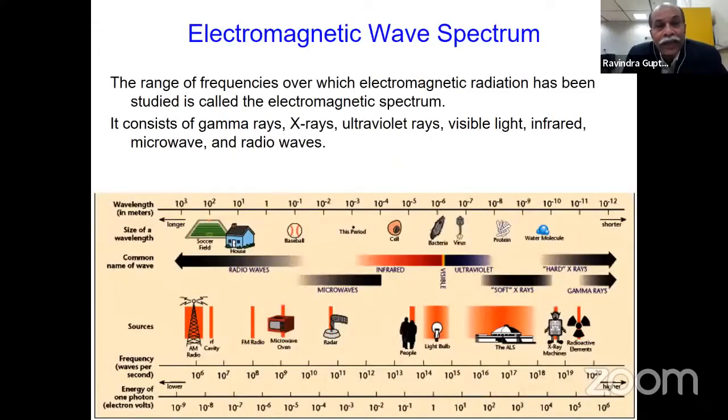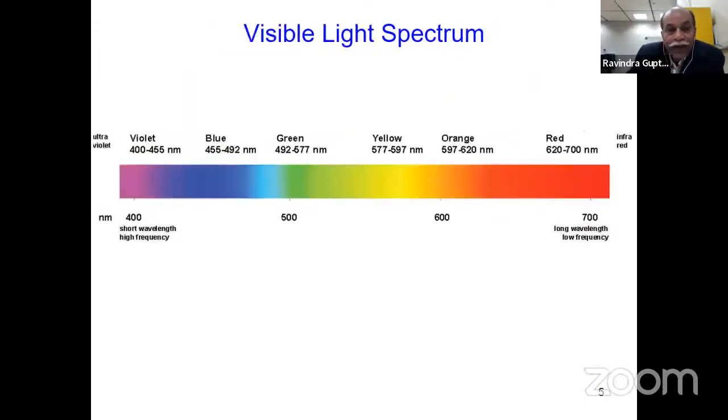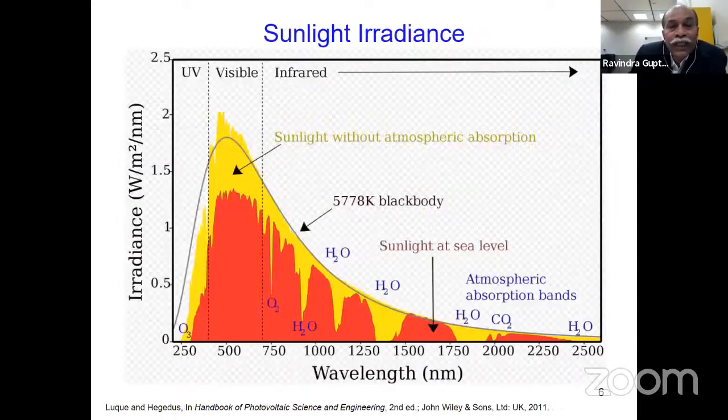So sunlight, what is sunlight? This is the source of energy. This is a type of renewable energy resource which is available in plenty, and it comes from the sun. So we say sunlight, and it is a part of the electromagnetic wave spectrum, from 400 to 700 nanometer. We also have ultraviolet as well as infrared. So if you see this sunlight on our earth,